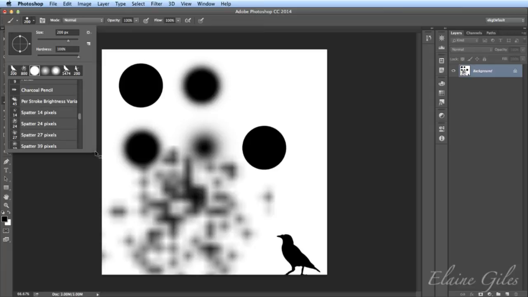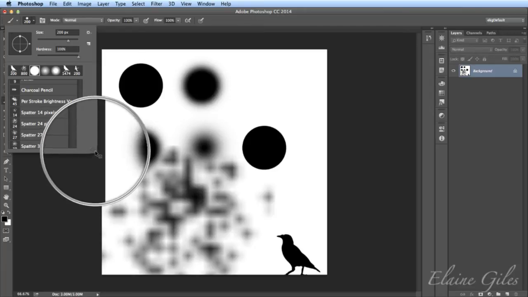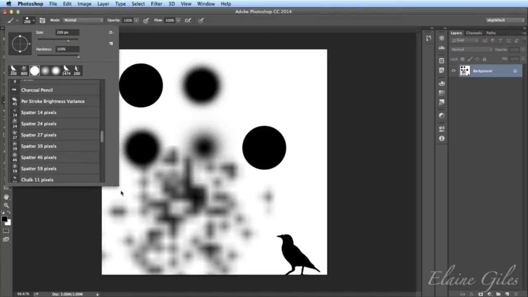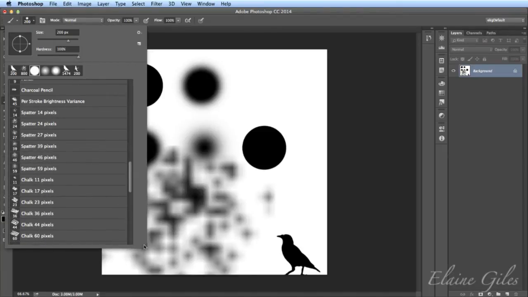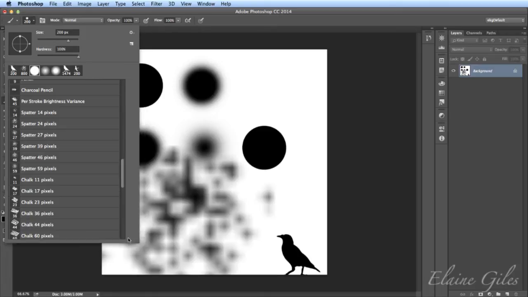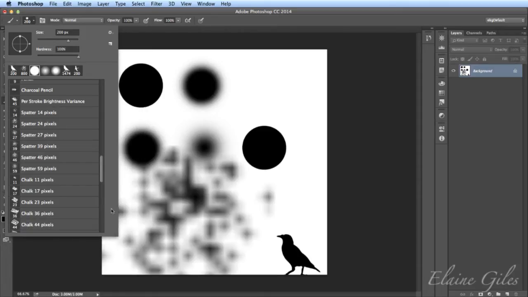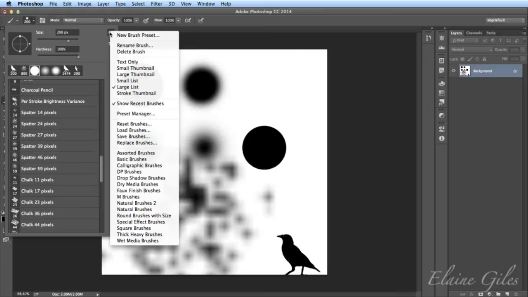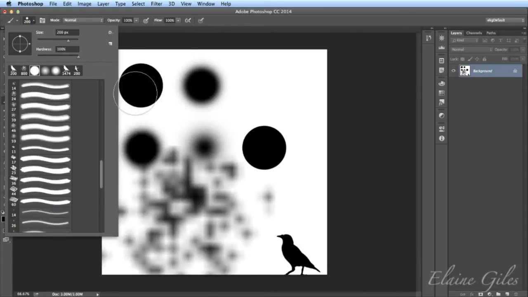But down here, if I bring that up there, you can see you can scale this. So if you're working with brushes a lot, you can actually scale this outwards and see even more of it. So I'm going to take it so we can see just the names of it there. And then back in here again, the last option is the stroke thumbnail. So clicking on that shows you what the brush would look like.